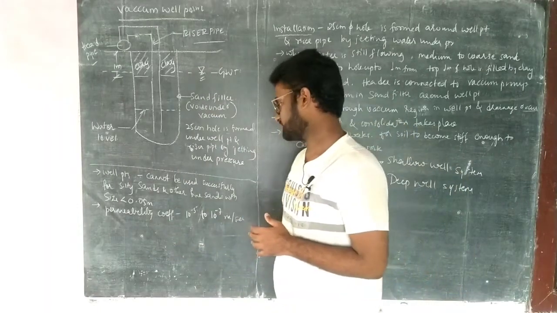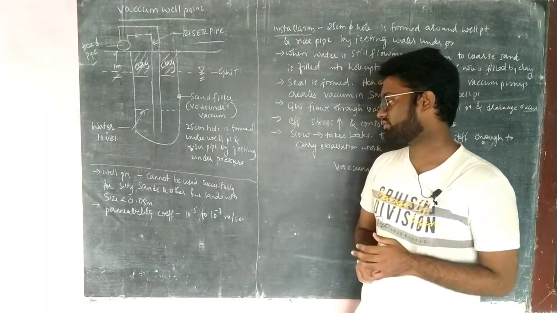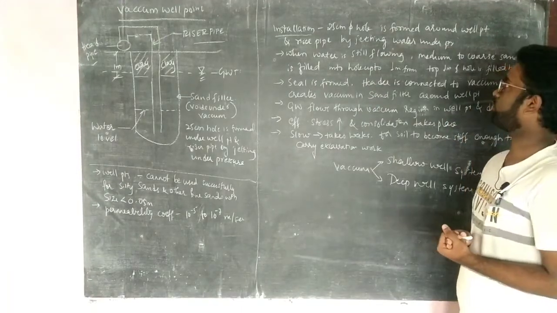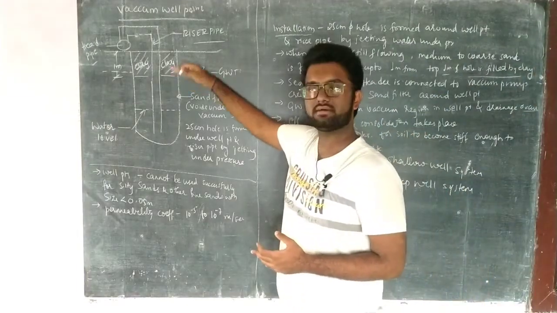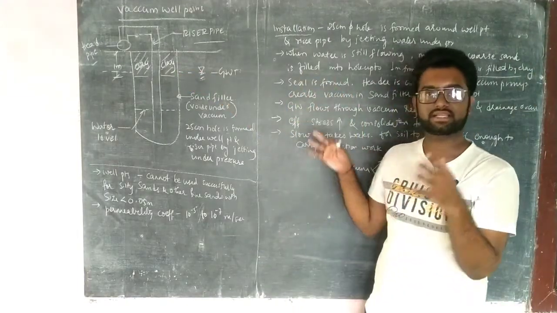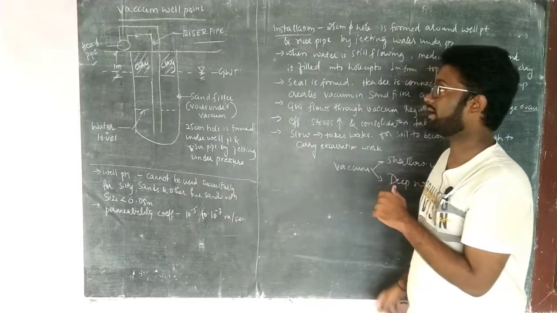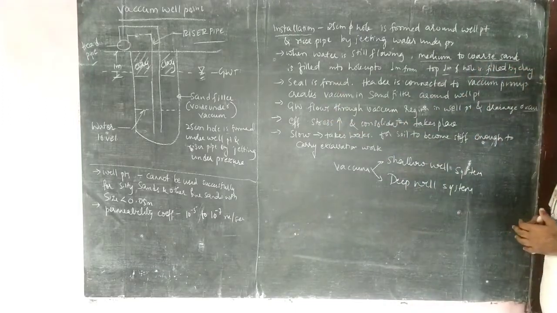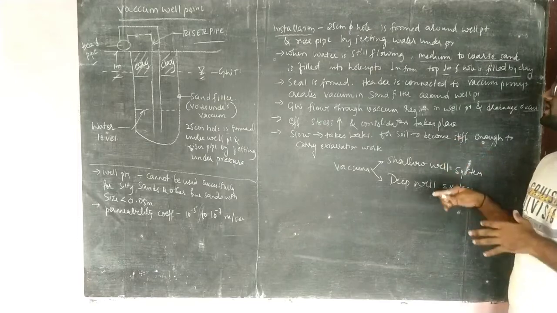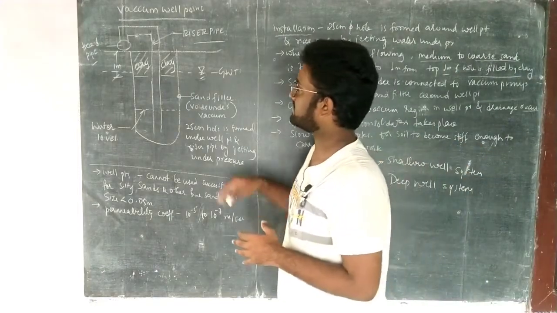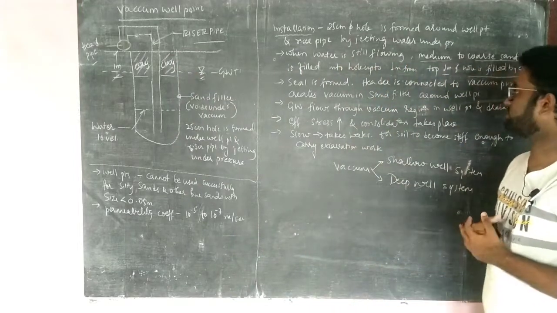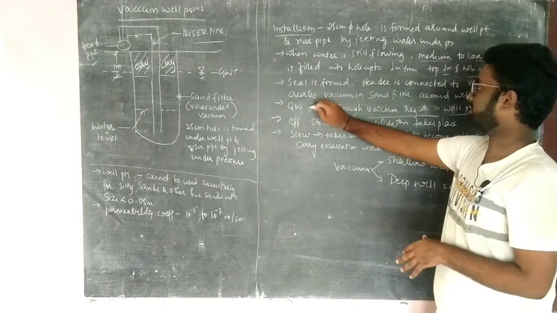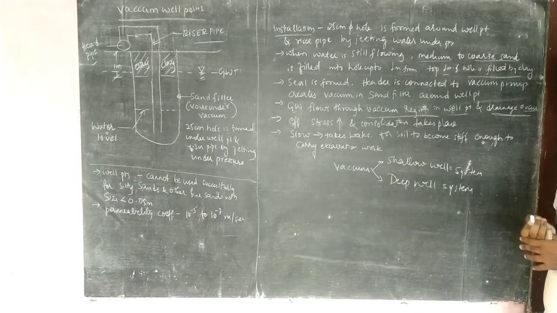The permeability coefficient is up to 10 raised to minus 5 to 10 raised to minus 7 meter per second. So 25 centimeter is being dug by jetting the water under pressure. As I've said, up to this 1 meter, there is a formation of clay layer, and clay is filled up to the depth of 1 meter. And what happens next is medium to coarse sand is also being filled in this particular drainage system. The seal is formed, it is being compacted. It is also having a header at the top end, and that creates the vacuum. There is a particular region in the well point where there is a formation of vacuum, groundwater table, and drainage occurring at that particular place.